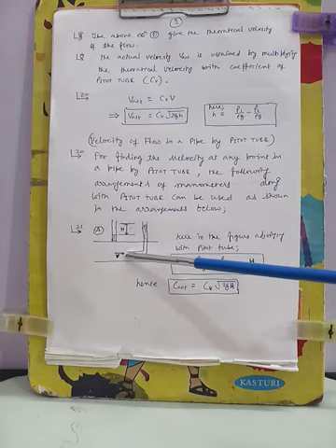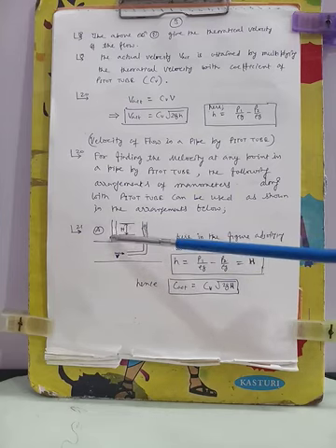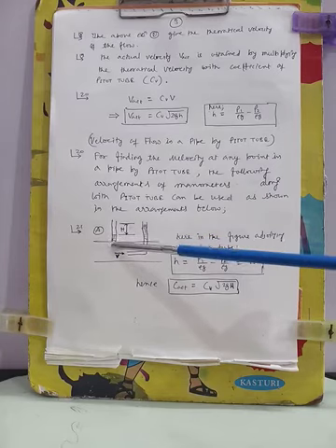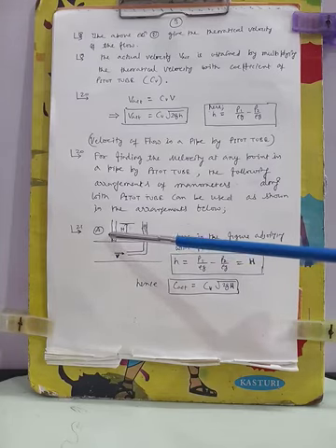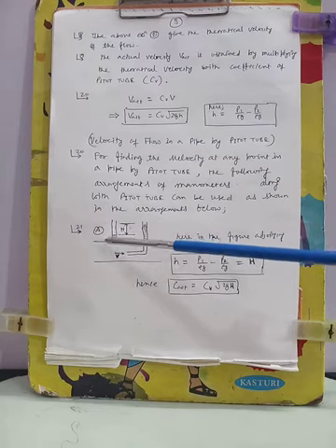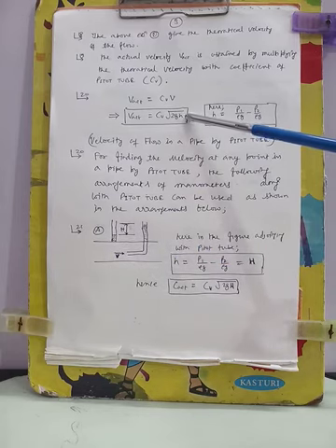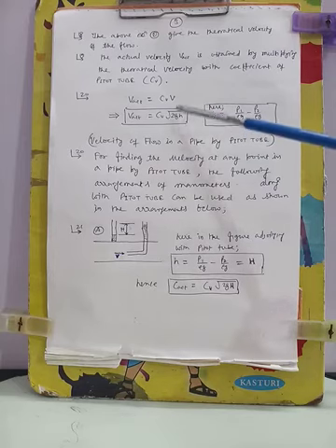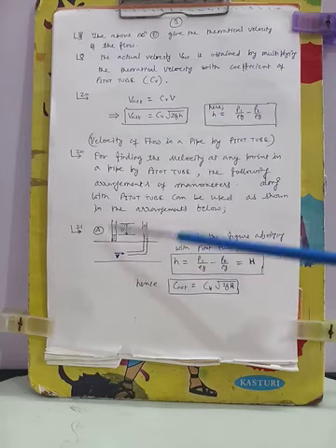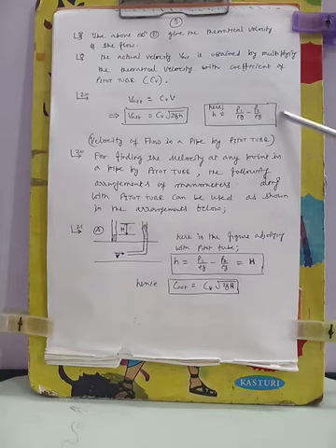We have kept it facing opposite to the direction of the flow, and this is another tube which will measure the head in the pipe flow. By using this arrangement we can measure the pressure head, because we require this H to measure the flow at a point, and this H is the pressure difference at this point and this point. Here I have written P1 by rho g minus P2 by rho g, but actually it is P2 by rho g minus P1 by rho g, that you will correct.